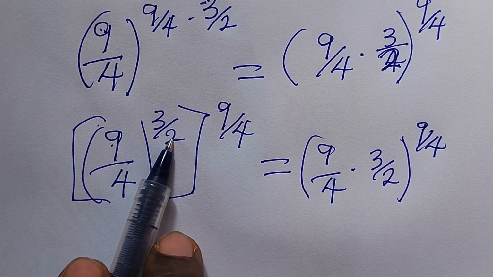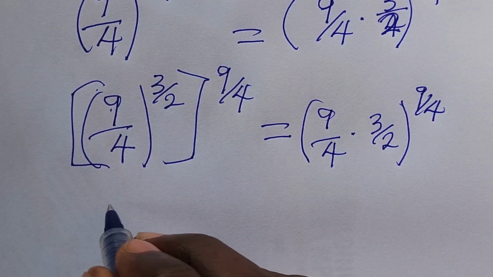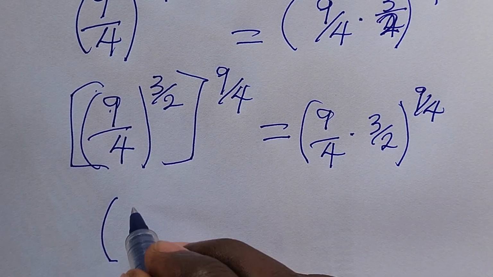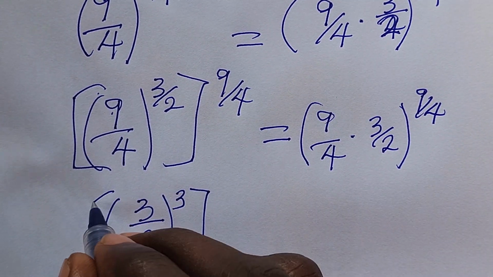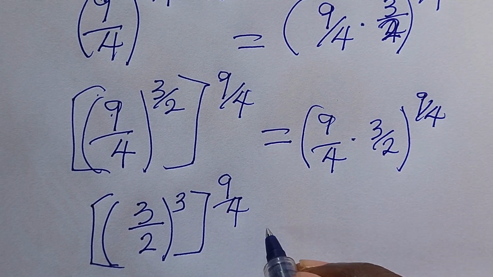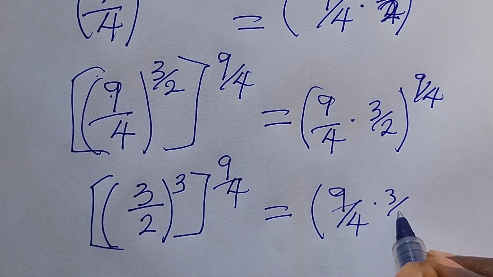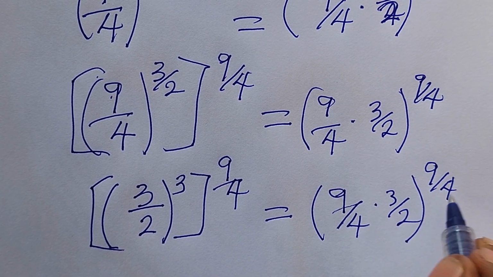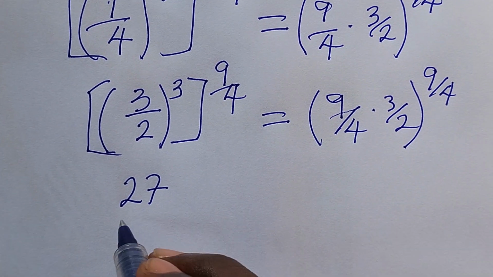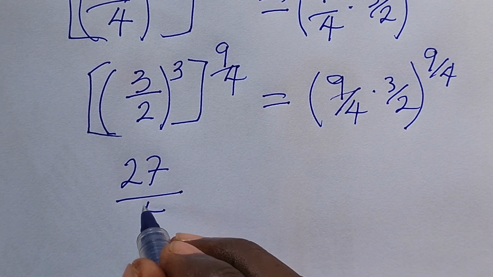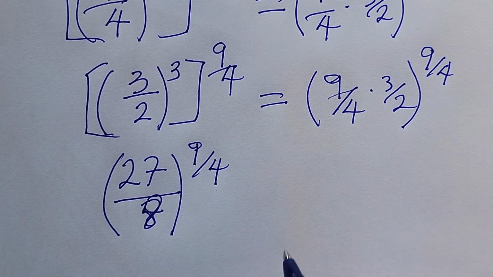Okay, so what does this mean? This is root. So if we take the square root of everything we have here, this will end up giving us 3 all over 2, right? All raised to power 3, all to the power of 9 all over 4. This is equal to, let's still keep this side here, times 3 all over 2, all raised to 9 all over 4. So what is 3 to the power of 3? That is 27. So we have here 27, right? All over 8, all raised to 9 all over 4